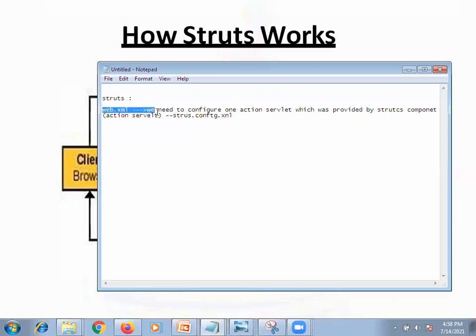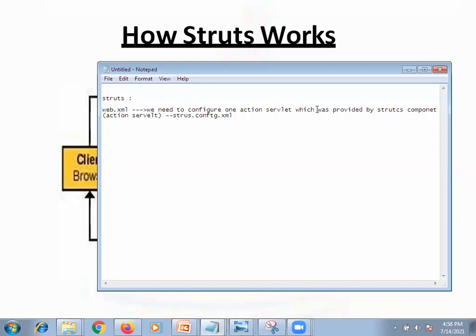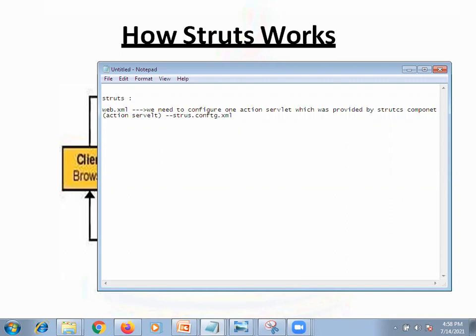This is a one-time configuration which we are going to do in web.xml because we want to use Struts component features, because all those features are enabled in the action servlet. Clear? Okay.